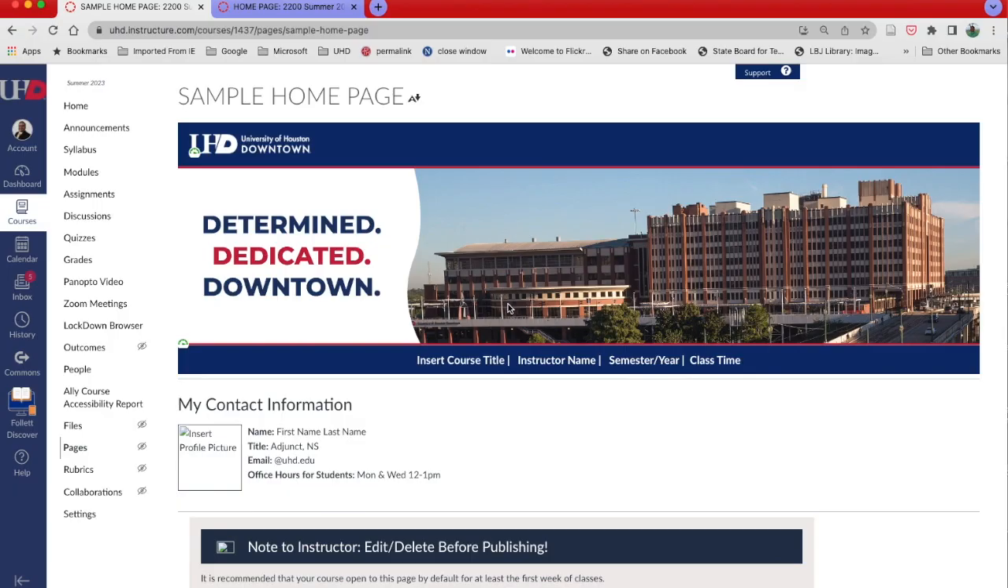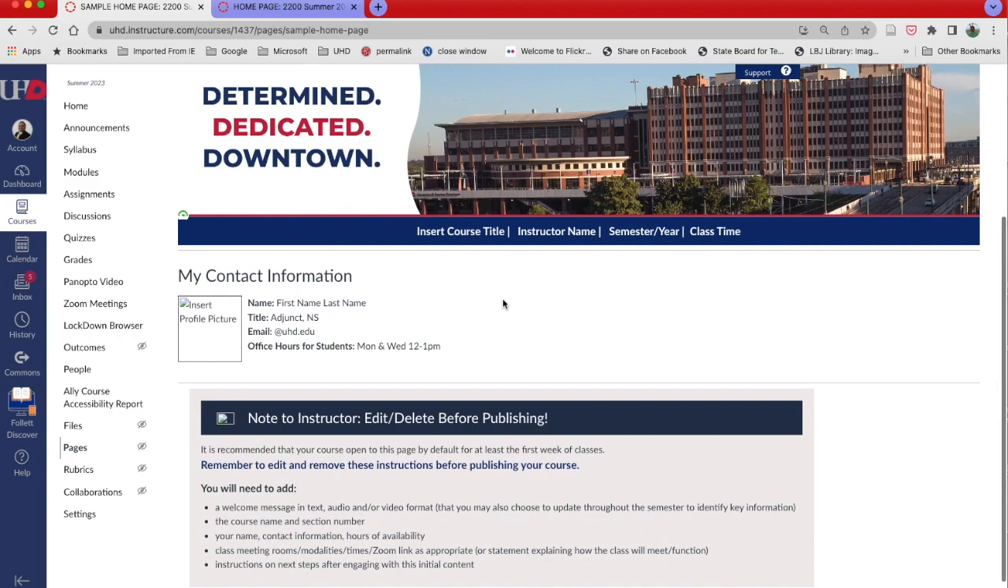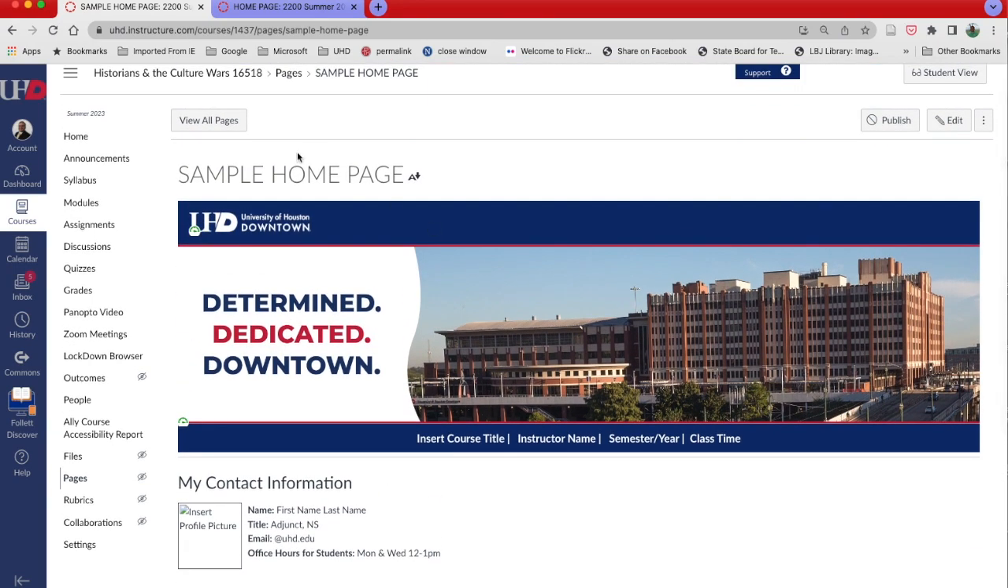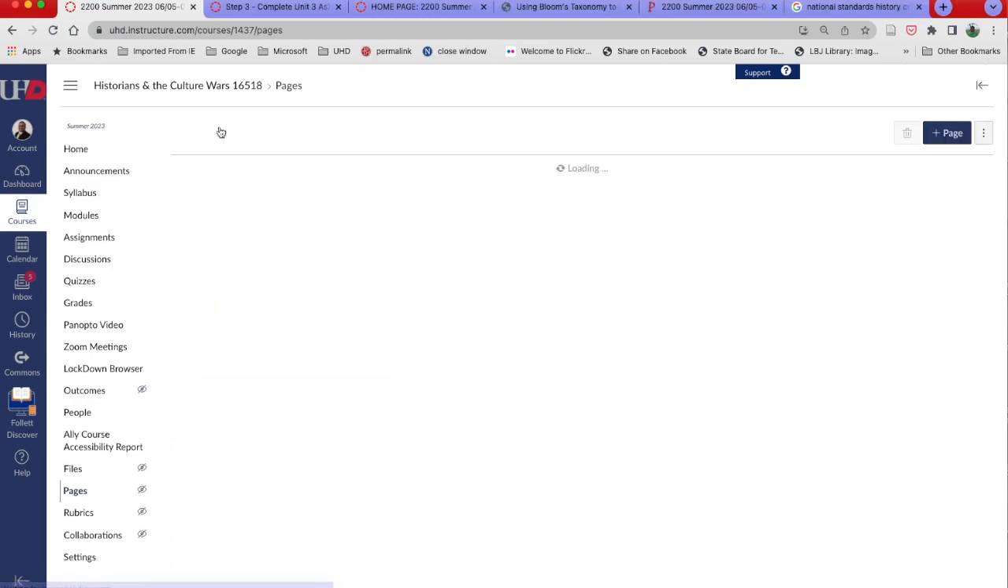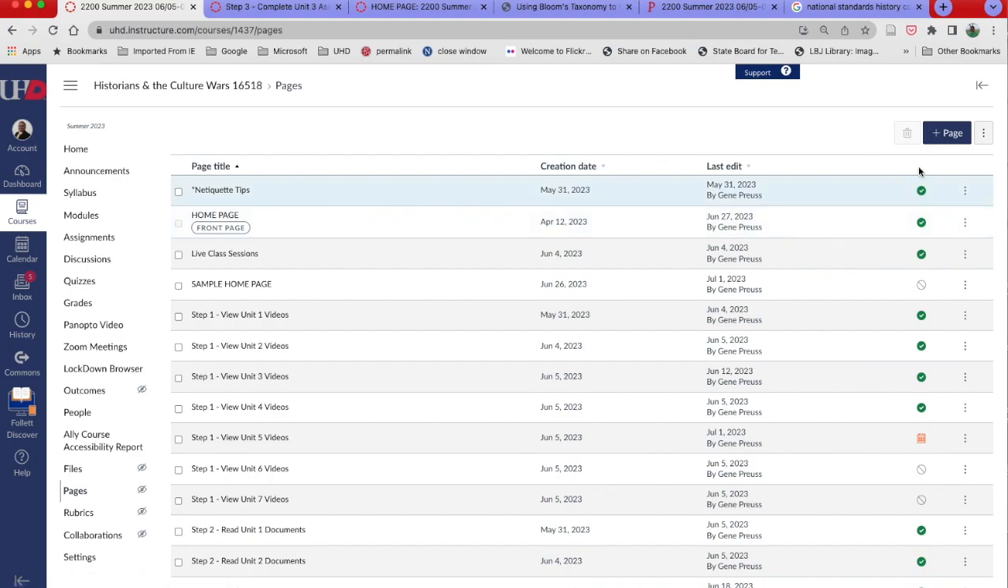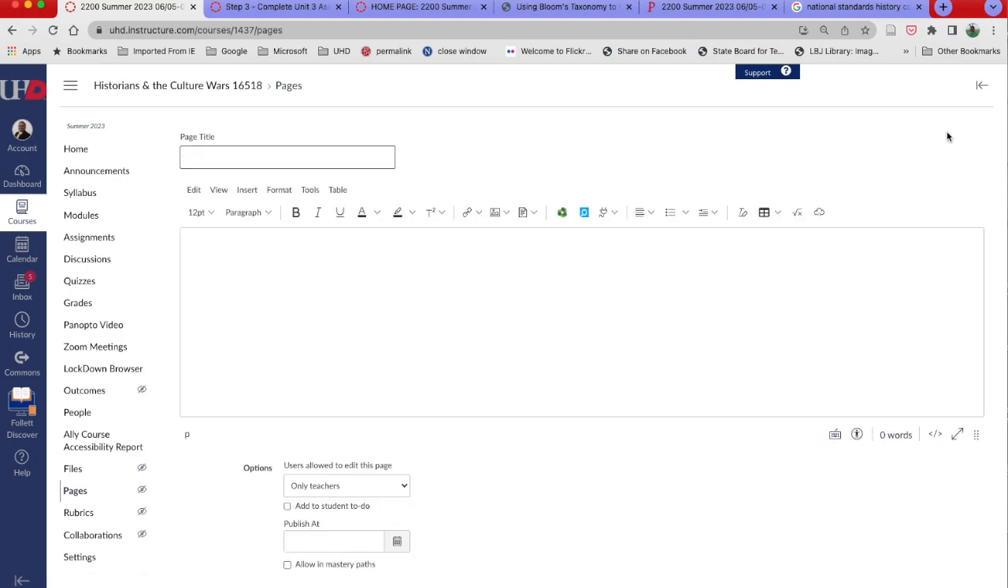The first thing we're going to need to do is click on the Pages link in the bottom left-hand corner of the course menu. Now we'll want to click on View All Pages up at the top of the home page. Now click Create New Page at the top right-hand corner. That'll give us a blank page where we can enter a title and a description of what we want the